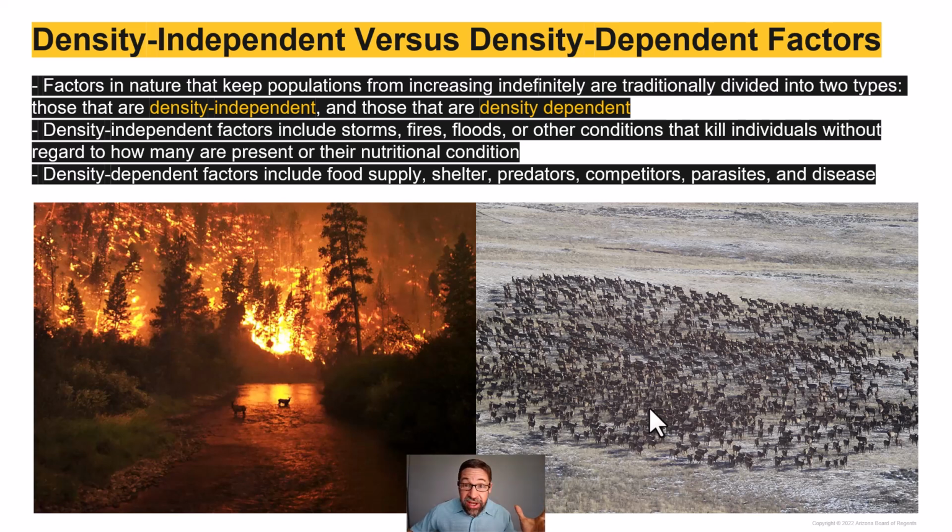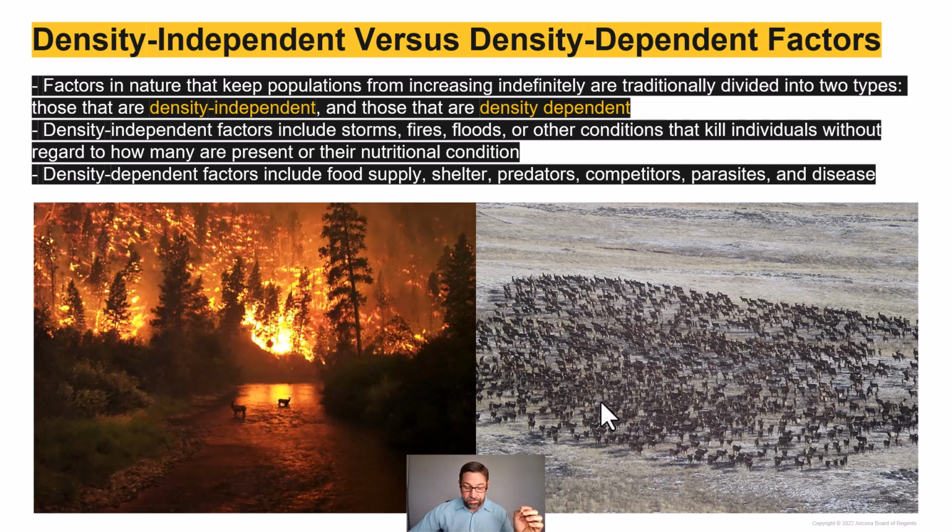Both parasites and disease are considered density-dependent factors because when you have high densities of organisms, that's going to increase transmission rates of both. In short, the effects of density-dependent factors on the population are stronger when the density is high and weaker when